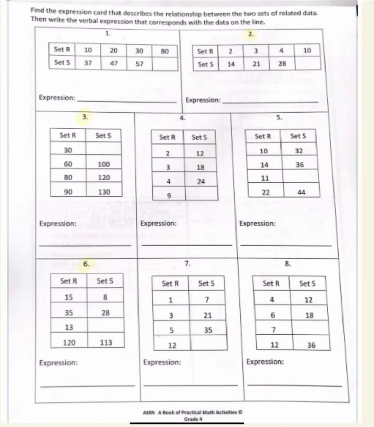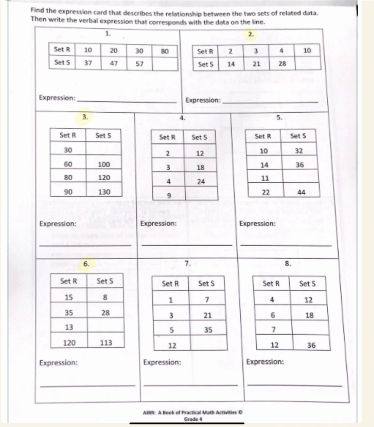Hey everybody, in this we are still going over our input and output, except this one's a little different because you have to figure out the rule. They didn't give you the rule, they didn't leave a space for the rule, so you've got to figure out what the rule is. And so I went ahead and highlighted a few. So number 2, number 3, and number 6. I'm going to do with you, and then you're going to do number 1, 4, 5, 7, and 8 by